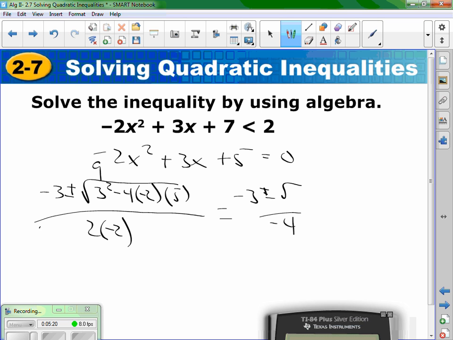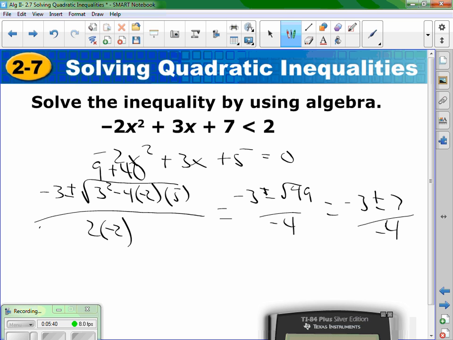Negative negative makes a positive. 4 times 2 is 8. 8 times 5 is 40. 40 plus 9 is 49. The square root of 49 is 7. Negative 3 plus or minus 7, all over